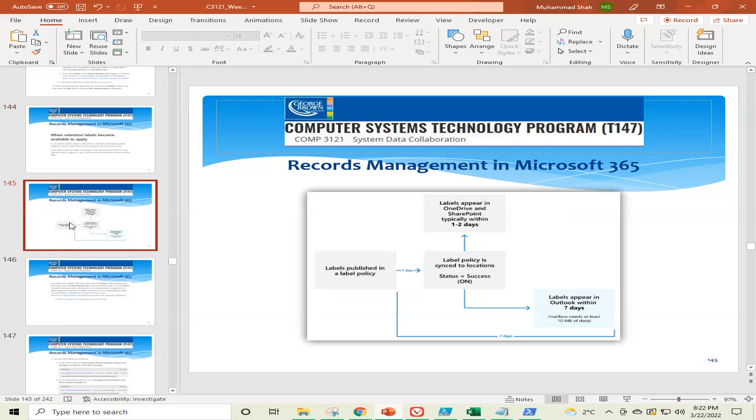Okay, so how it works, this is a little summary also. First of all, we have to create the labels. When we create the labels, then we publish the labels in a label policy, retention policy, and labels appear. Then next step, the label policy is synchronized to the locations for which we have created that policy. And then labels appear in OneDrive and SharePoint typically within 1 to 2 days, and labels appear in Outlook within 7 days. Microsoft says that the mailbox needs at least 10 megabytes of data